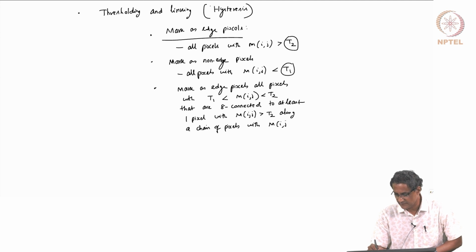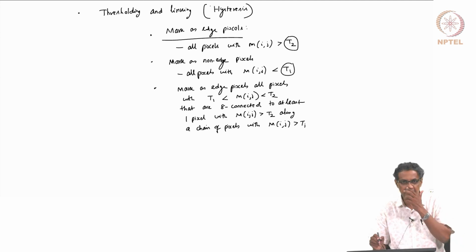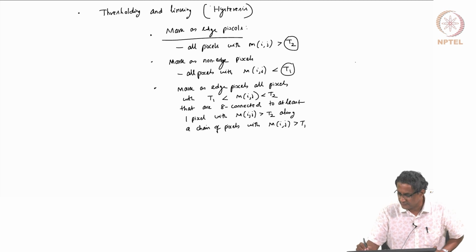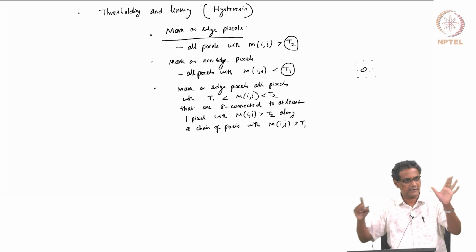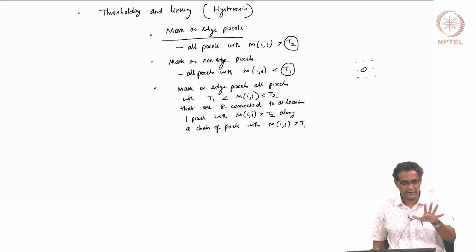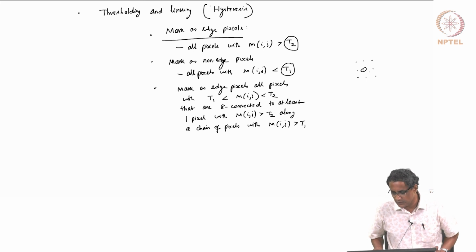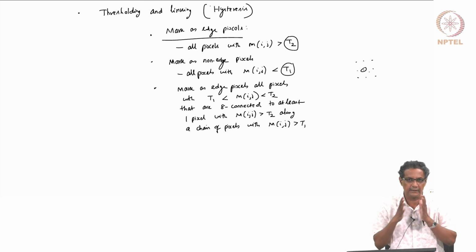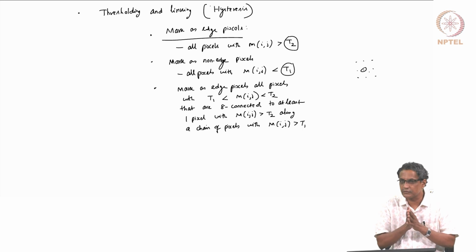What does this mean? See, when you say 8 connected, what it means is when you take a 3 cross 3 window, when you are sitting here, there are 8 of these guys right around you. That's an 8 connected neighborhood, if you take a simple 3 cross 3 window. So what it is saying is, all those pixels which have a magnitude of the gradient that's between